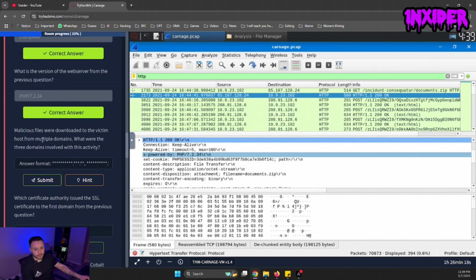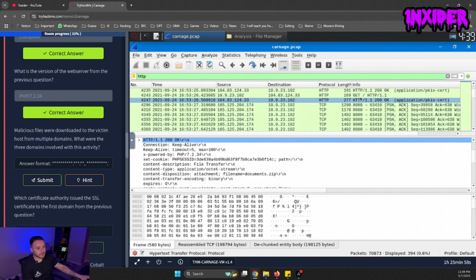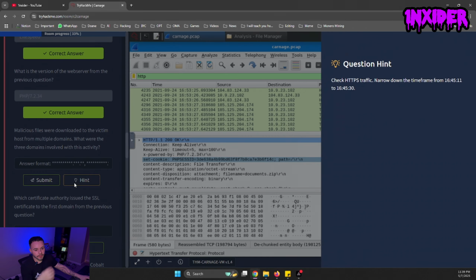Malicious files were downloaded to the victim host from multiple domains. What were the 3 domains involved with this activity? So I would say find GET requests. There's another GET request here. Let's see the hint. Check HTTPS traffic, narrow down the time frame from 16:45:11 to